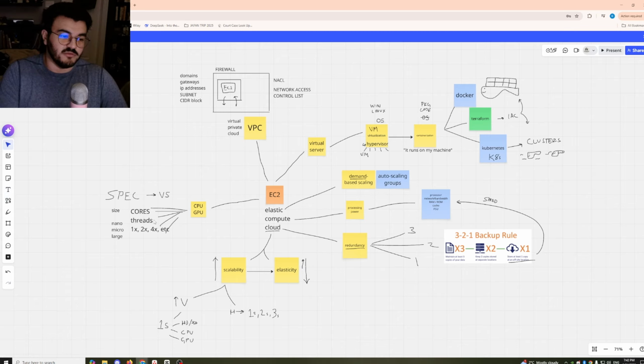And then we also have the various levels and strengths that your EC2 instance can power. So that's what I got.